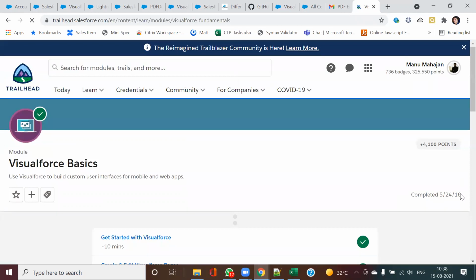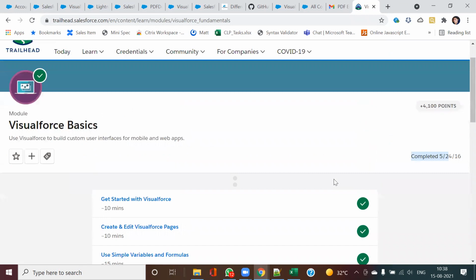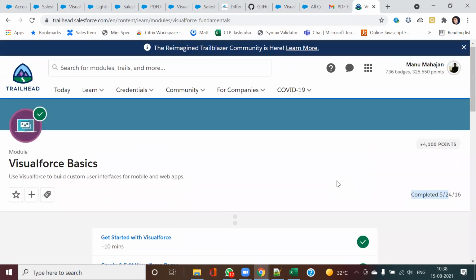I did it on 24th May 2016. And I believe Trailhead was introduced around the start of 2015. And Visualforce I started using in 2013.